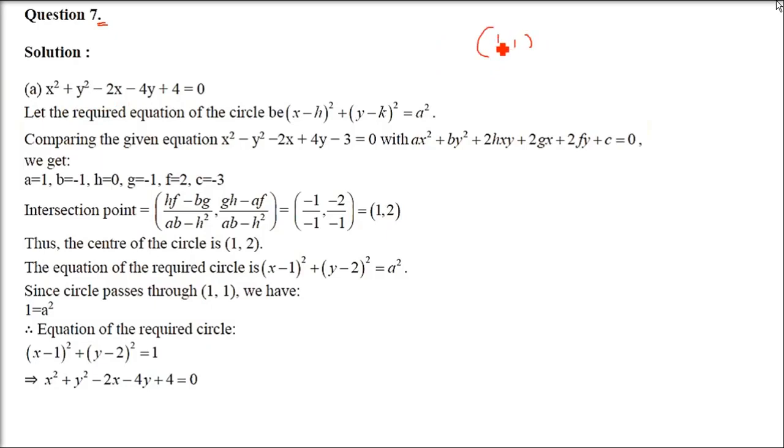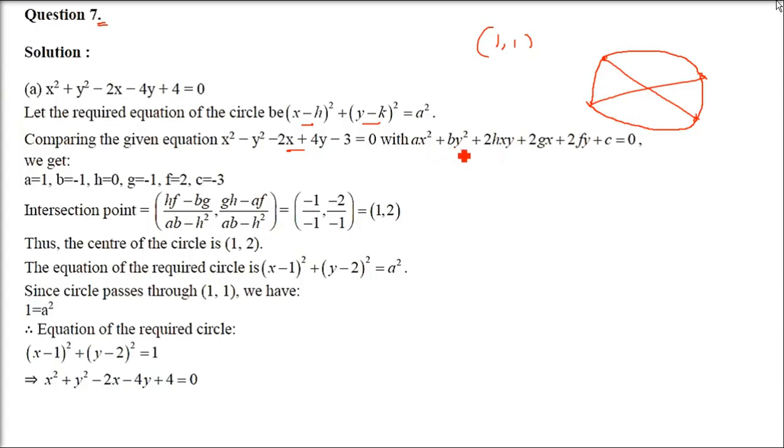And the two diameters are along the pair of lines. So we have to know the equation which represents the pair of lines. That is the straight line concept. So we have two diameters. Say this is one diameter. This one is another diameter. And if we can find the intersection of these two, we'll get the center. And because these are the diameter endpoints, we can make a circle out of it. All the four end points of the diameters are concyclic. We'll start with the equation x minus h whole square plus y minus k whole square equals a square. Now we'll compare it with x square plus y square minus 2x plus 4y minus 3 equals 0. We'll not compare this, sorry.